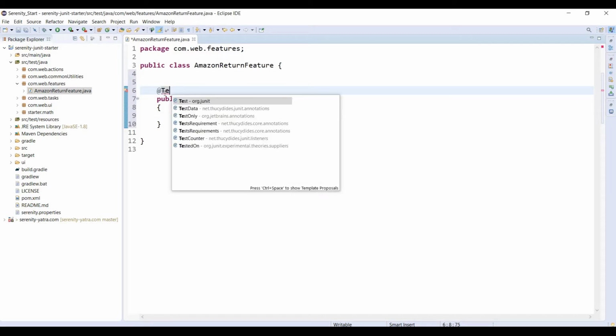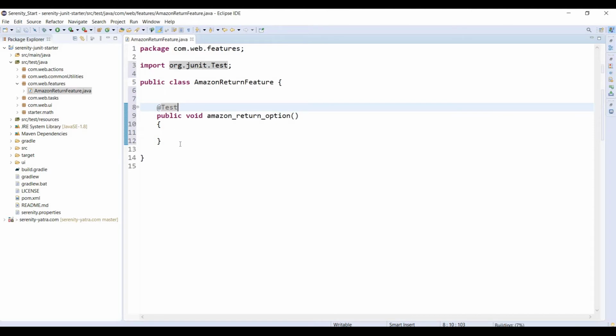I didn't use TestNG, which is different from JUnit. Here I fully implemented JUnit only, so just select this JUnit Test annotation. Now we have successfully created the class as well as the method.